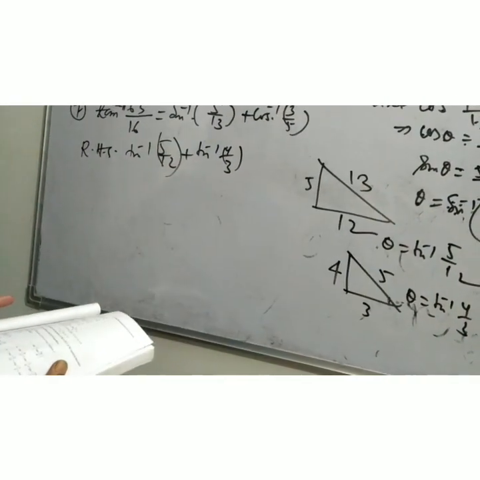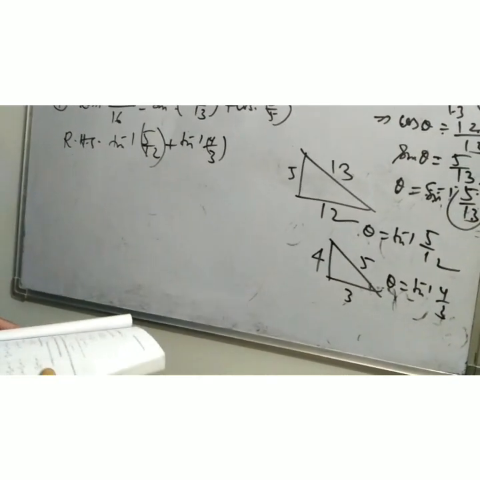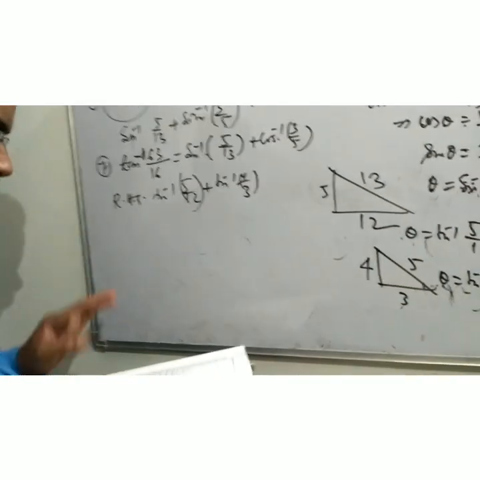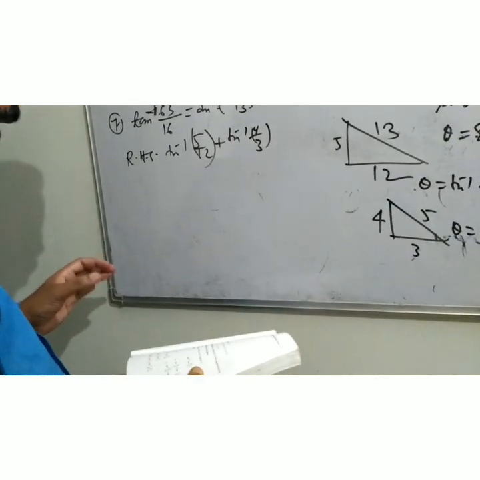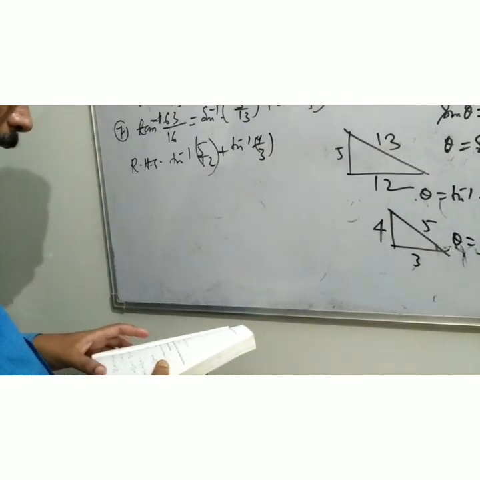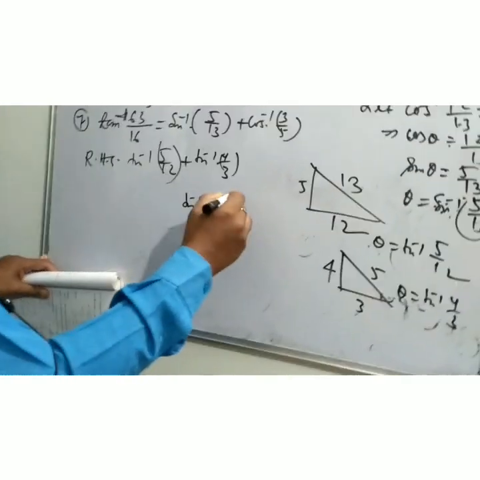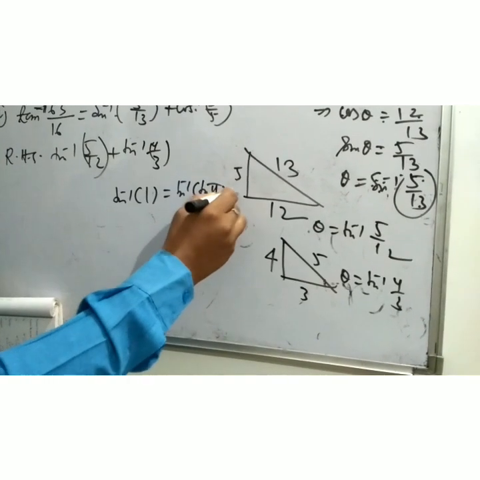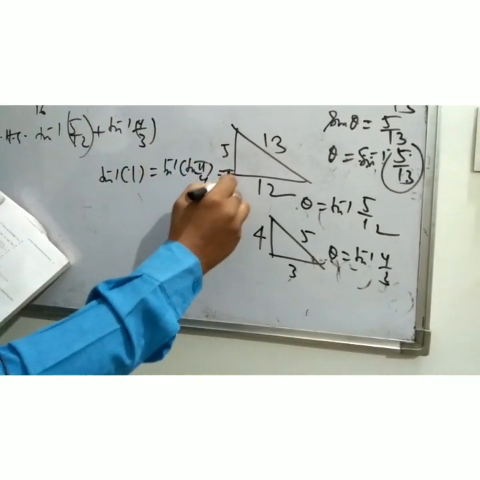Similarly, question number 8 has 3 terms of tan inverse. First take 2 terms and use the tan inverse x plus tan inverse y formula. Then the second pair is similar. Then again combine both terms, and you will get tan inverse 1. Tan inverse 1 is equal to tan inverse tan pi by 4. That value is equal to pi by 4.